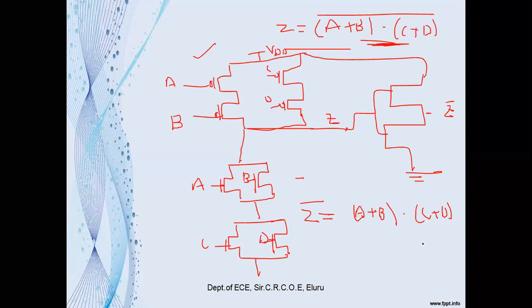So this is about the CMOS logic circuits. So far we have discussed the different CMOS logic circuits: CMOS inverting gates, CMOS non-inverting gates, CMOS AOI and OAI gates. So did you understand the CMOS logic circuits? Say yes or no. Yes, sir. Yes.